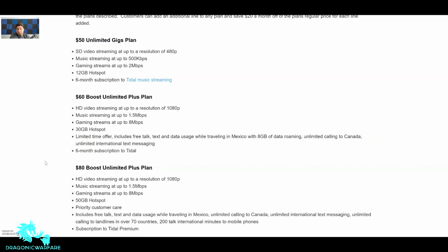So for the next tier up, it's $60, or $10 more. It says HD video streams at up to the resolution of 1080p. Music streams at up to 1.5 megabits per second down, which is a lot better. Gaming streams at up to 8 megabits per second, 30 gigs of mobile hotspot, which is really crazy. Limited time offer includes free talk, text, data usage while traveling in Mexico with 8 gigs of data roaming, limited calling to Canada, unlimited international text messaging, 6 months of subscription to Tidal,